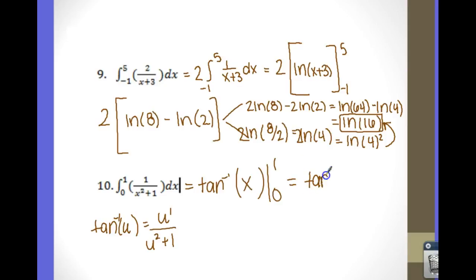Exactly. The inverse tan of 1 minus the inverse tan of 0. So inverse tan of 1 occurs at root 2 over 2, root 2 over 2, which is pi fourths. And then the tangent will equal 0 whenever you get 0 divided by 1. Remember, tan is sine over cosine, so 1 is the sine 0 and cosine. Well, I guess pi could work too